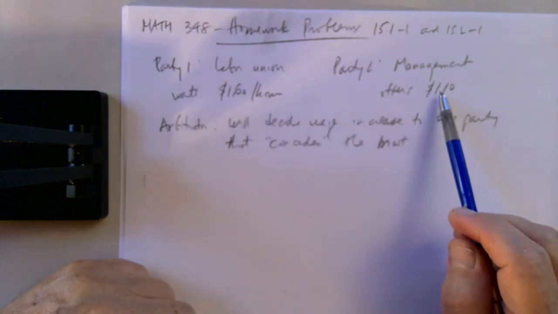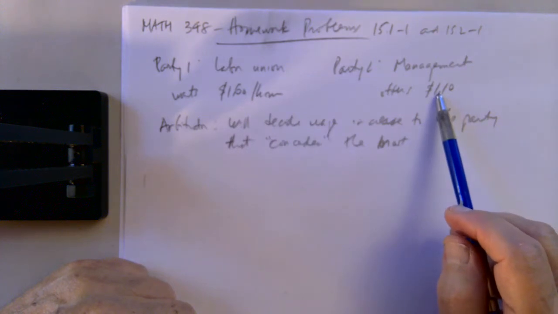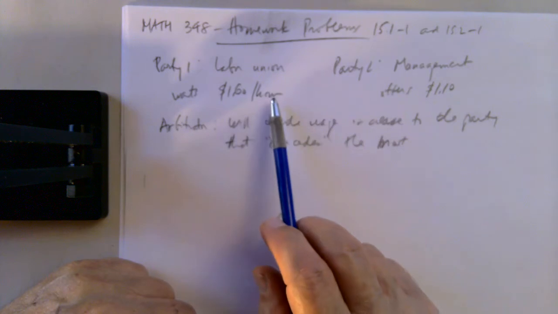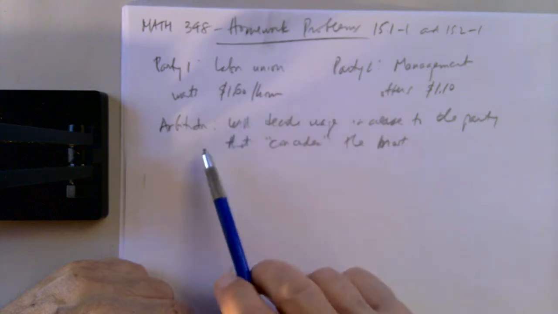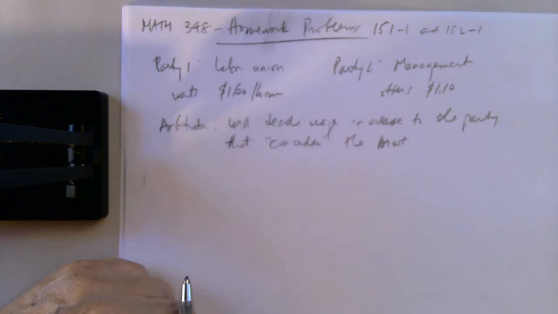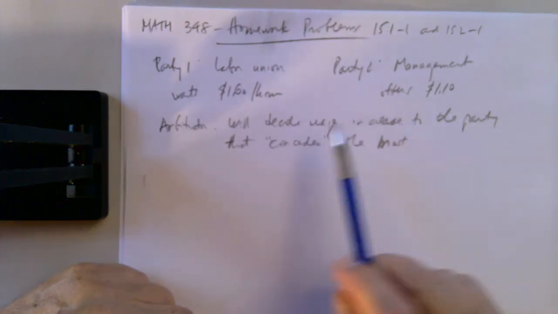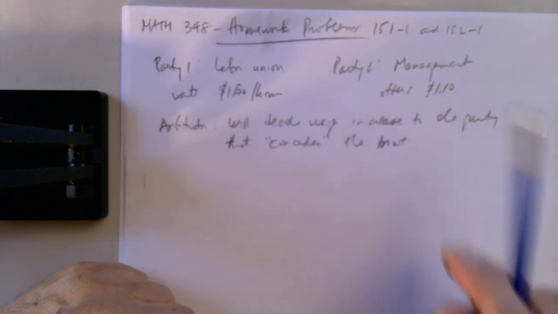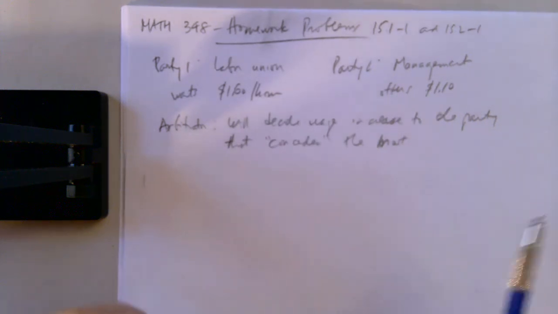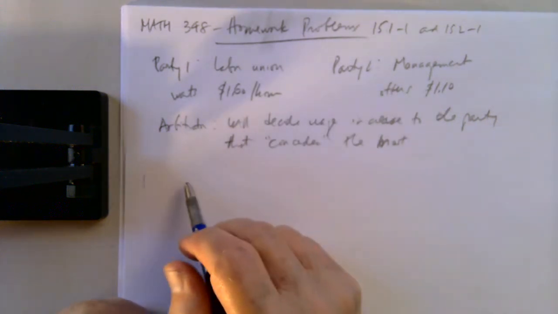no, we're not going to go more than $1.20 an hour, then management has only upped their offer by 10 cents. The union has dropped their request by 20 cents. They've made a bigger concession. So the arbitrator will go with the labor union. And in the end, the amount extra that the union gains for its workers is exactly equal to the amount management loses in the sense that it has to pay its workers.